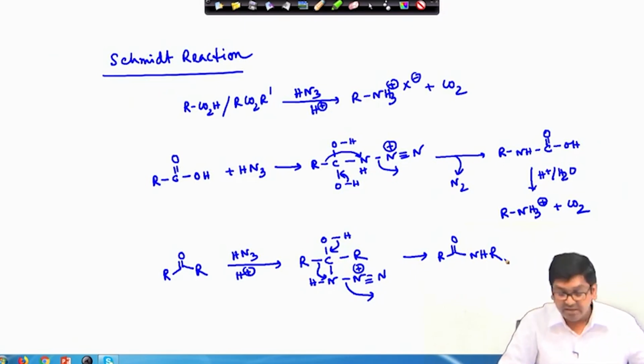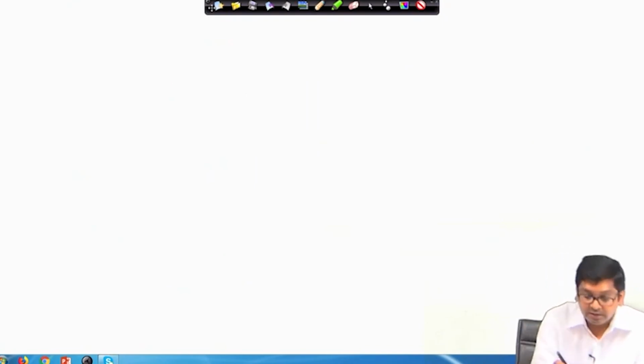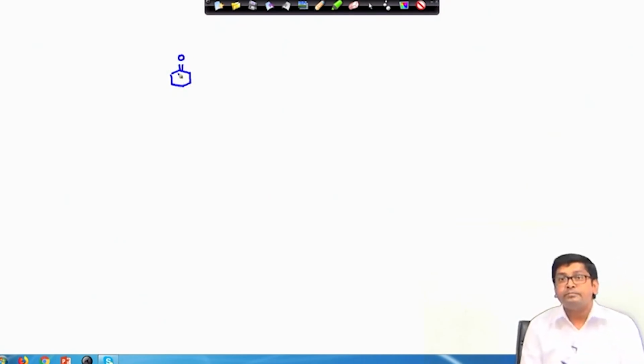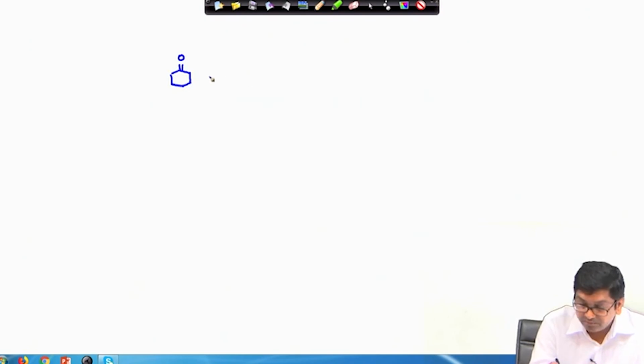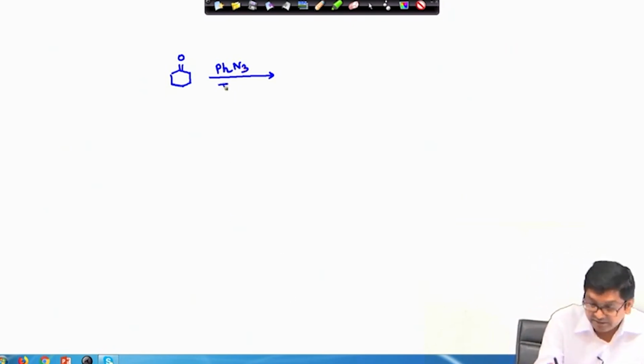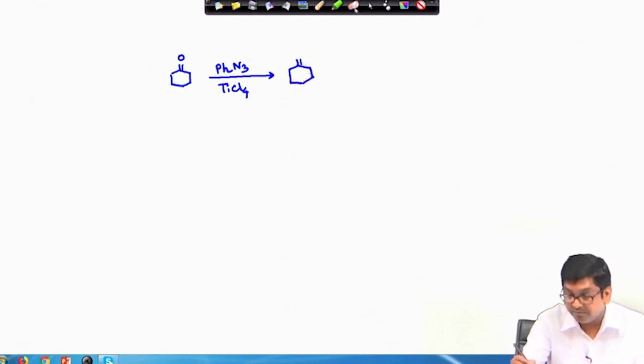As per example, if it is a cyclic ketone like cyclohexanone, in presence of phenyl azide, this aryl azide and TiCl4 as the Lewis acid, then overall what you will get? The product will be the corresponding lactam, sorry,